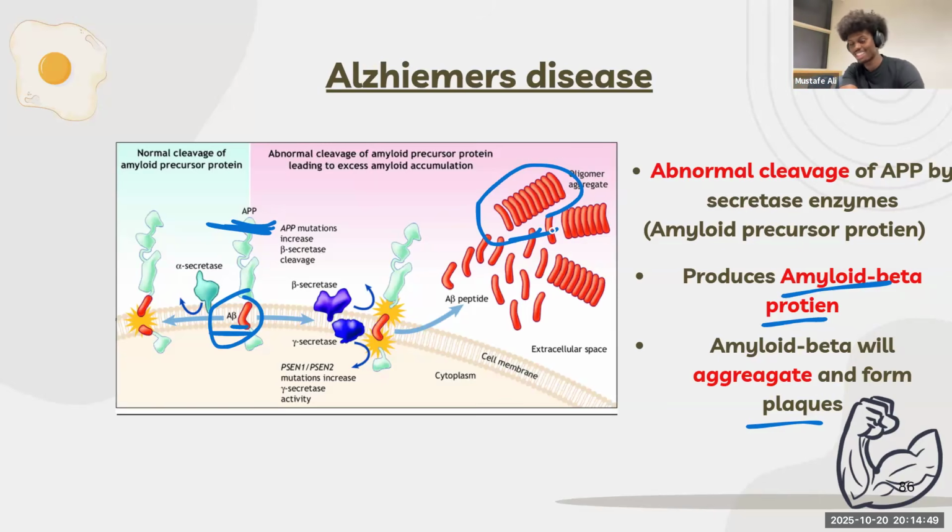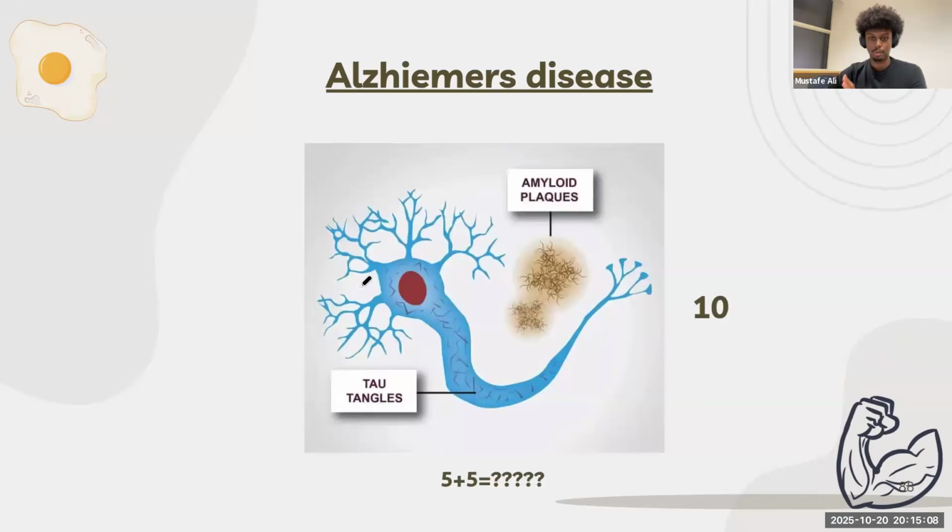Okay, Mohammed, I understand what you're asking, and it is a very good question, but you are not required to know the difference between these two secretases in your exam. You just need to know that it is abnormal and it cuts this APP abnormally. So it's not too relevant for your exam material. Okay. So I hope that made sense.